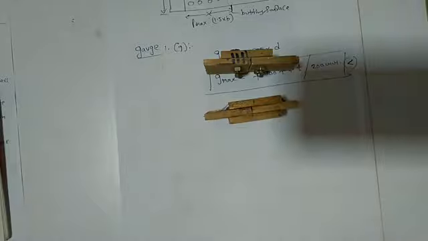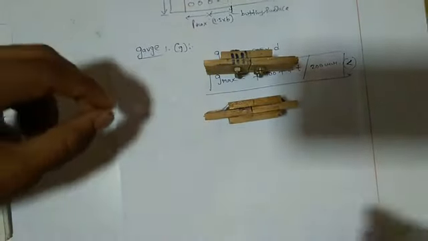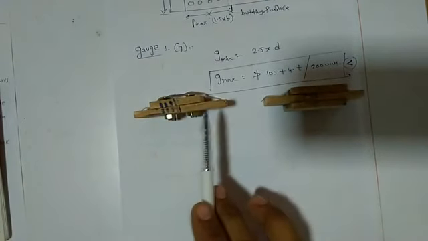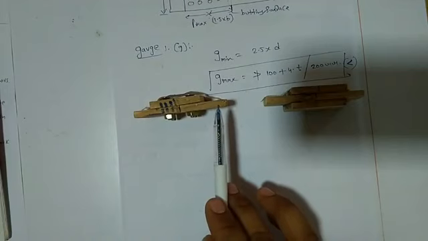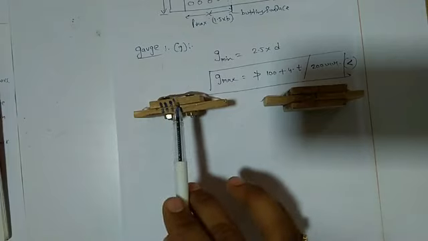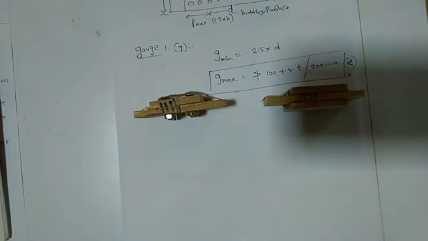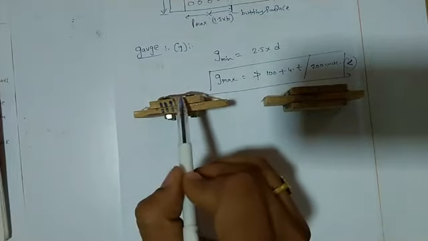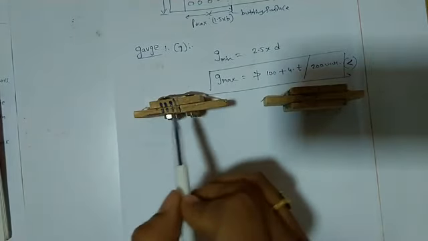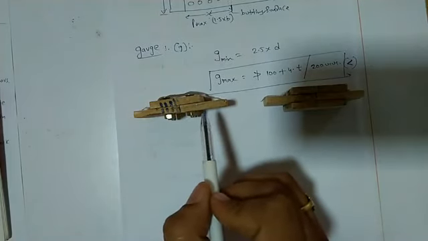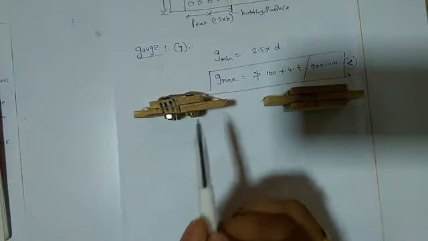Butt joints are like this. This is a single cover butt joint and this is a double cover butt joint. In the single cover butt joint, let us take the thickness of one plate as 10 mm, the other plate as 12 mm, and the cover plate as 8 mm. You have to take 8 mm instead of 10 mm. Why? Because this is also an important plate which is making the connection. So you have to consider the thickness of this plate instead of that plate. Got it? That is very important.